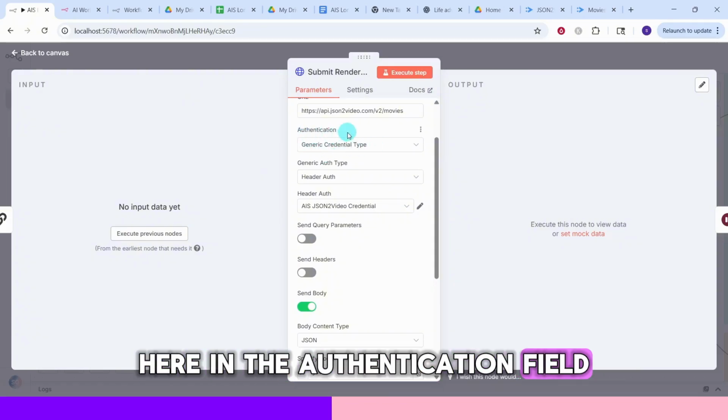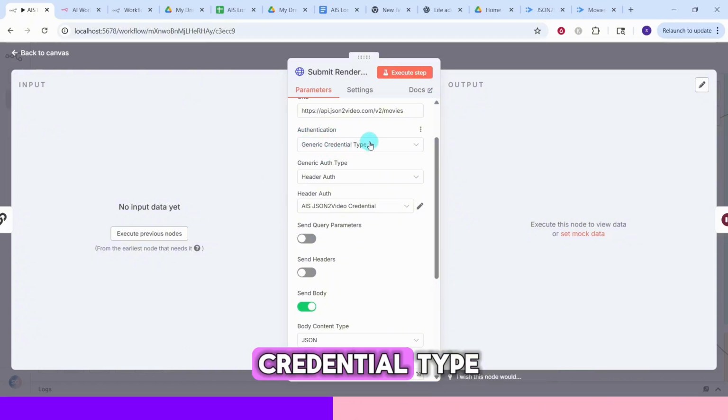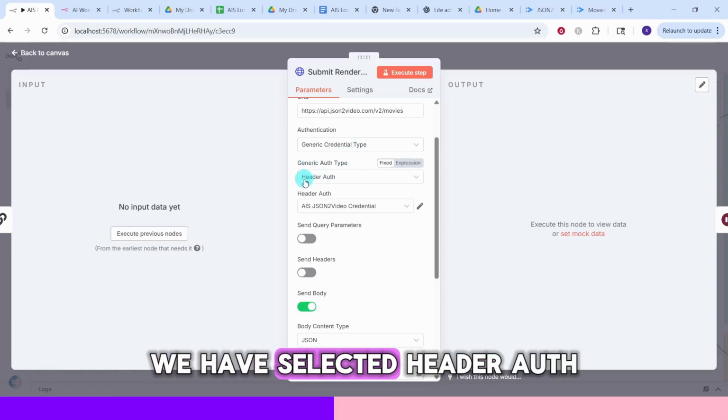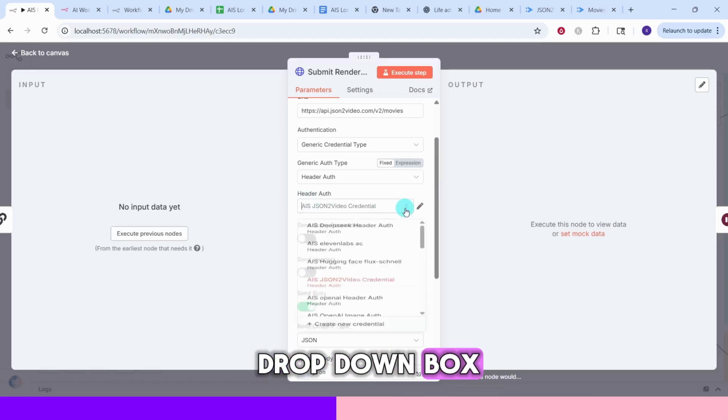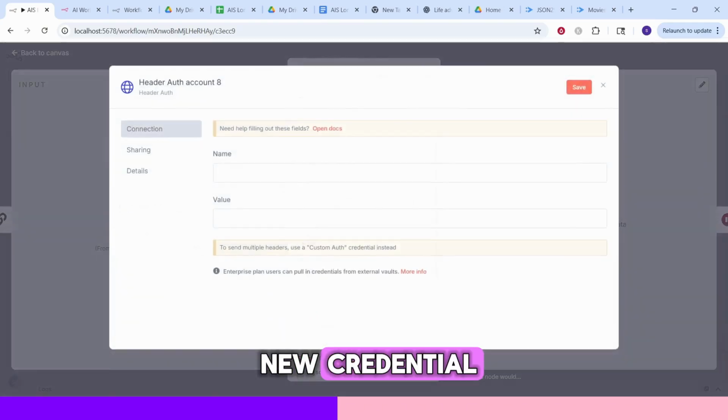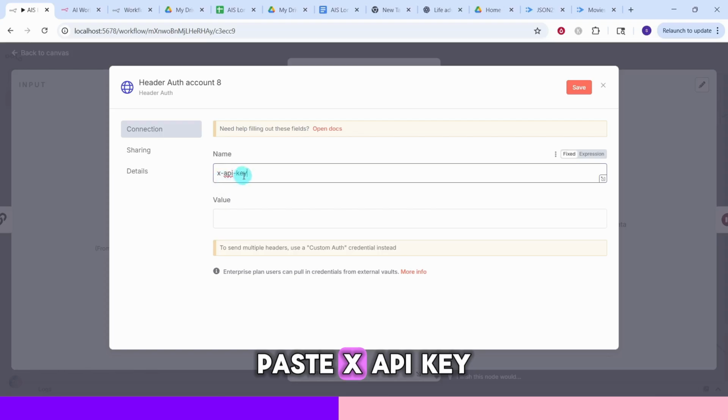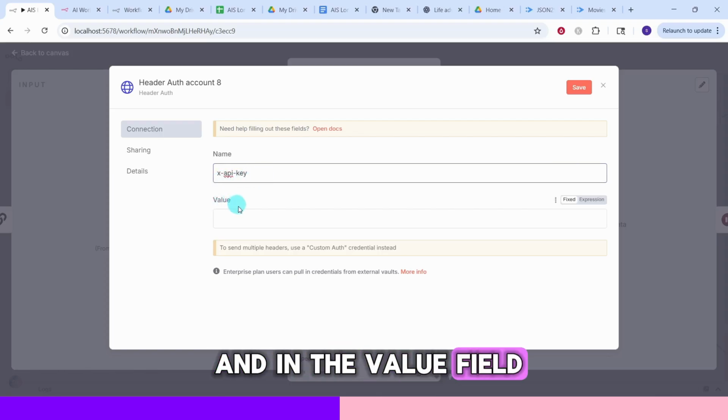In the authentication field, we have selected generic credential type, and in the generic auth type, we have selected header auth. In the header auth field, click on this drop down box and then select create new credential. Under the name field, paste X API key, and in the value field, paste your API key and then click